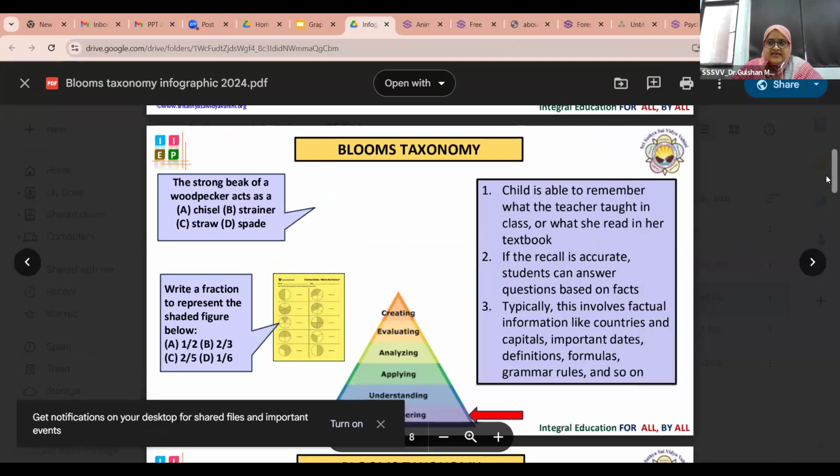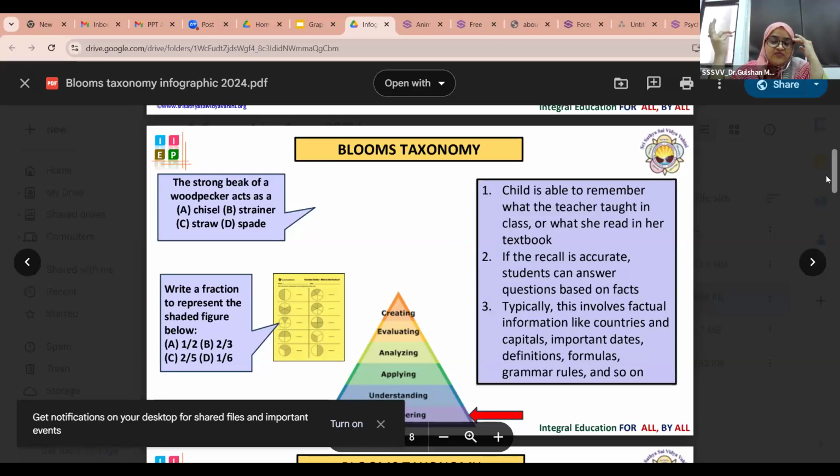So yes, as teachers, we all are very much familiar with this taxonomy. But when we learn Bloom's taxonomy, it is very difficult to learn what Bloom's taxonomy is, what the steps of this taxonomy are, and how these categories, that is remembering, understanding, applying, analyzing, evaluating, and creating, further have classifications.